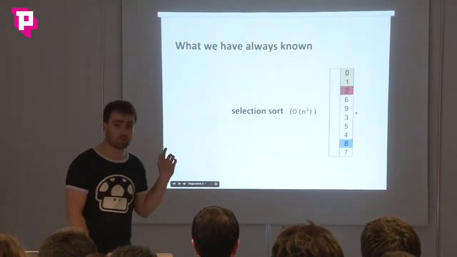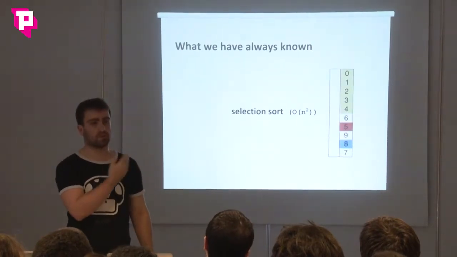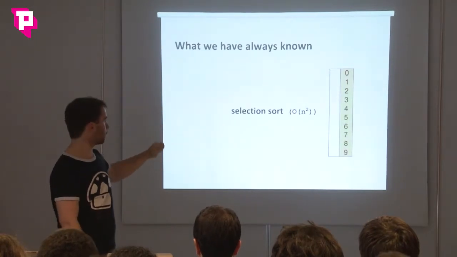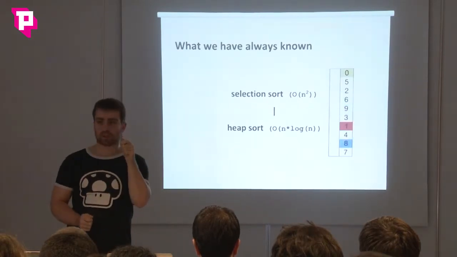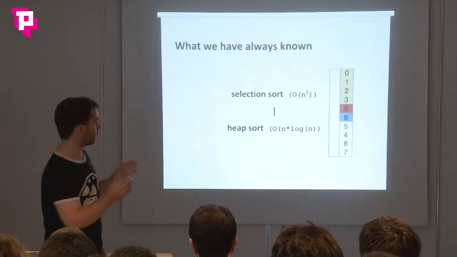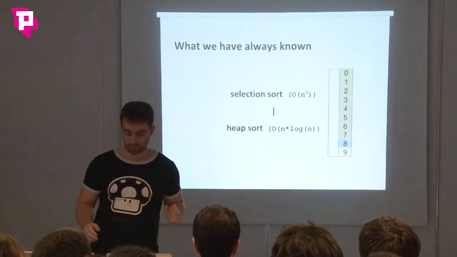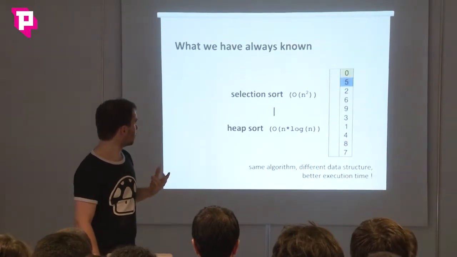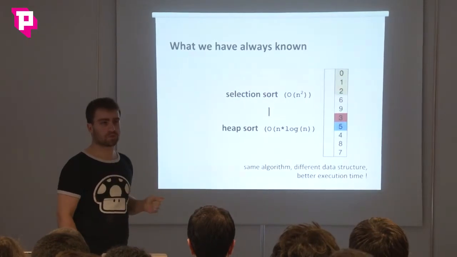Let's start with something you all know. Let's go back to algorithm 101. Selection sort. It's very stupid, it's very easy. You maintain the invariant that the head of the array is sorted, and you try to find the next one, etc. If you make a slight customization to this algorithm, you just change the data structure, basically. Take a heap, and you get a much more efficient algorithm. That is not new, far from it. However, you can see an analogy with NoSQL: the same algorithm, another data structure, with a better execution time.